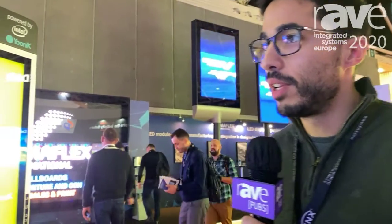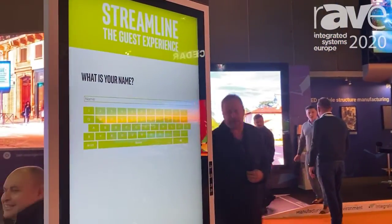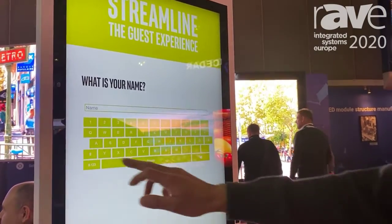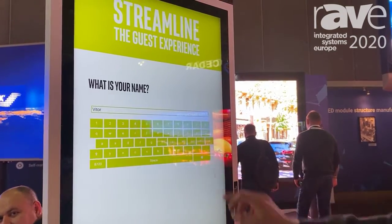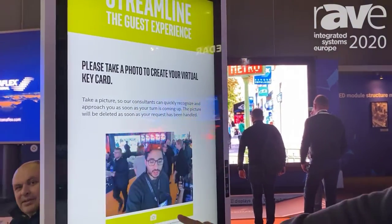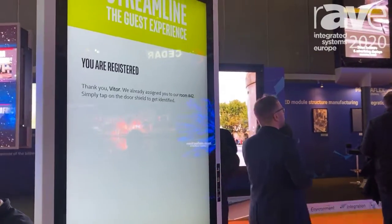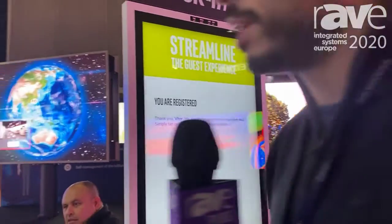We develop facial recognition solutions, and here we are demonstrating one application of that to the hospitality industry, where we can enroll on a self-check-in kiosk in a hotel, for instance. I will just fill my name and get a picture of my face. Okay, so I'm now registered in room number 42, and now we can approach the room,